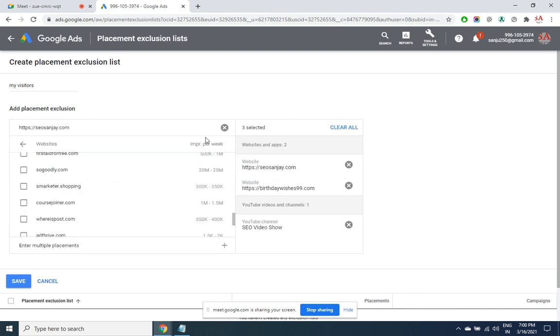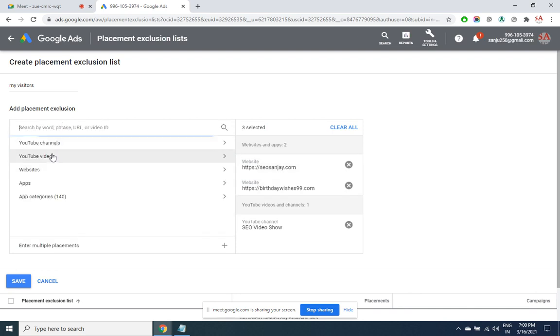Like that, you can give websites, you can give even apps also. Let's say Byju is my app. I don't want to display my ad to the people who are opening Byju, who are in the Byju. That means my ad will not be displayed in the Byju app, but in the remarketing I may have selected people who have visited that site. So understand the difference here.